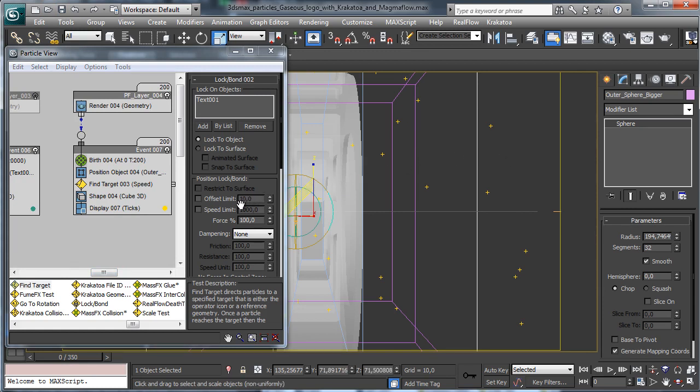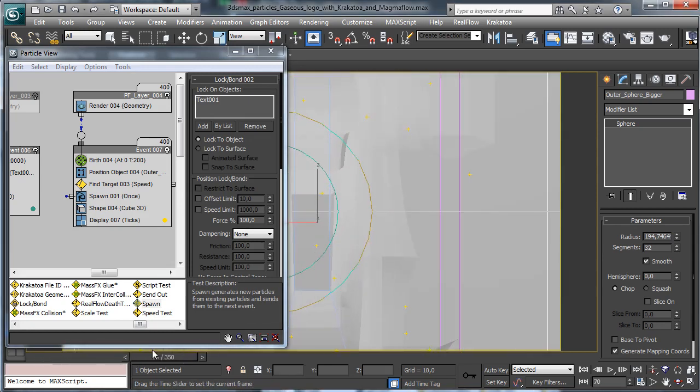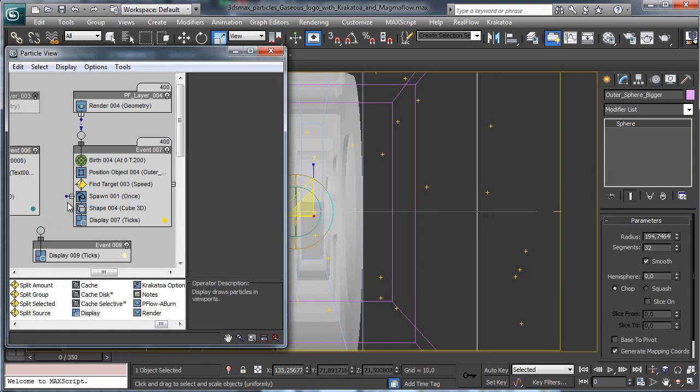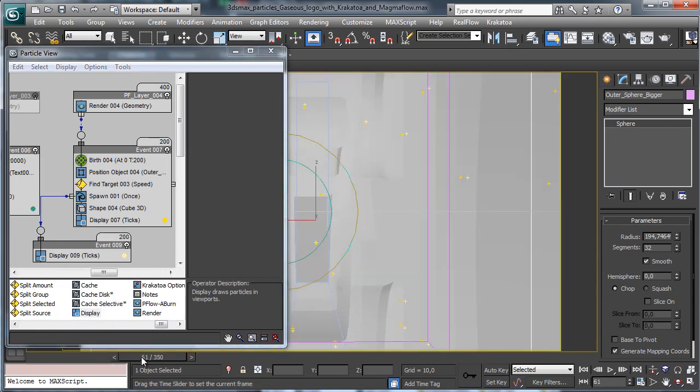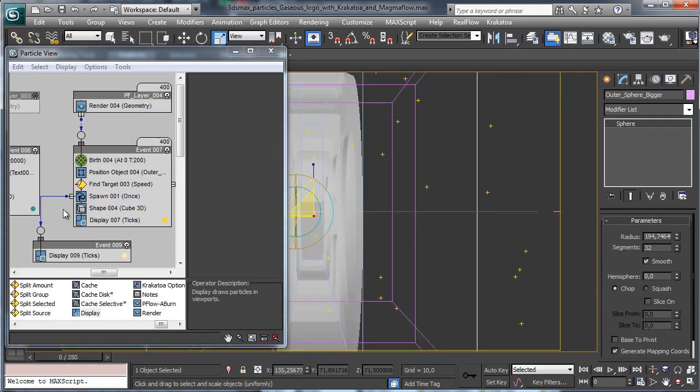I'd like to add the spawn event, so we'll create some trails for those particles. So let's pick a spawn and connect the spawn there. And if we go to see the animation now, let's use a display just to check the spawn. Okay. If we go to simulate, you see that we have just the burning of a copy of the particles